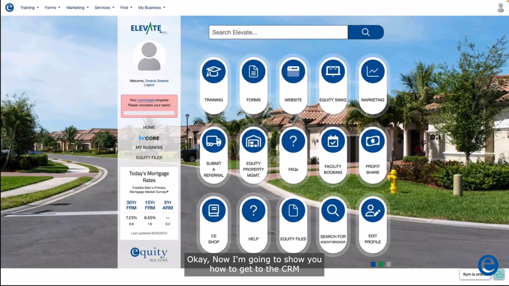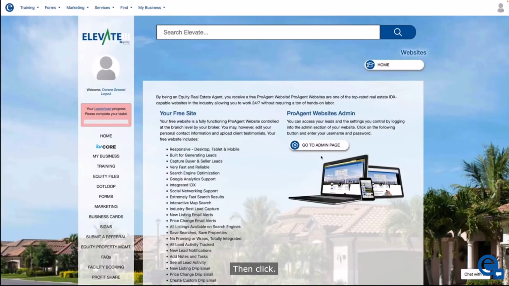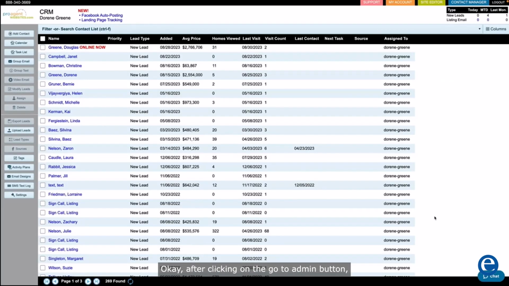Okay, now I'm going to show you how to get to the CRM and the tools on the back end of your website. Just log into Equity Elevate, click the website button, then click Go to Admin Page. Okay, after clicking on the Go to Admin button, you'll be taken to the CRM, which we call the Contact